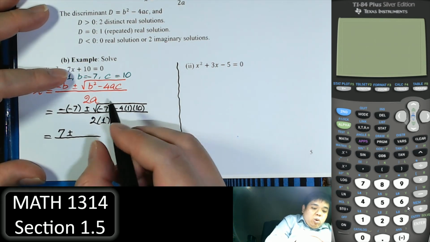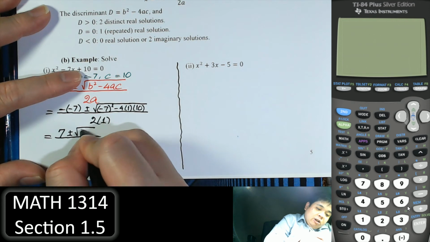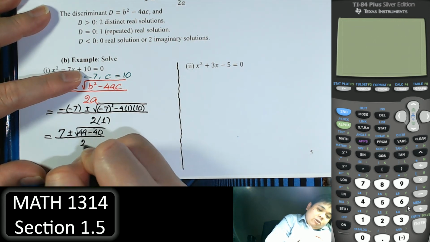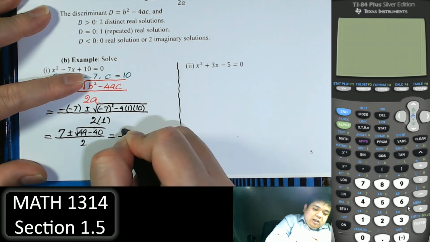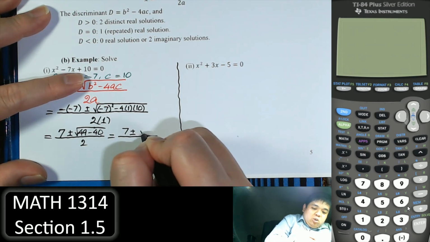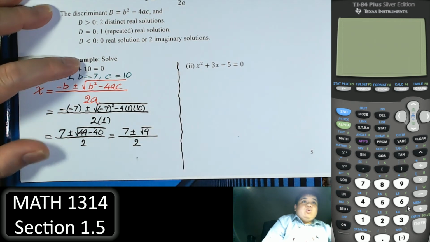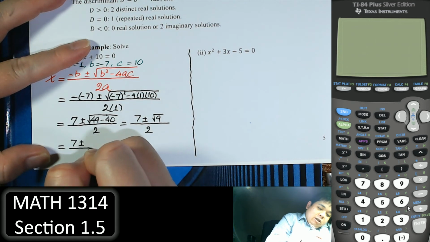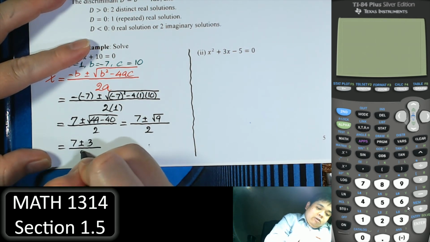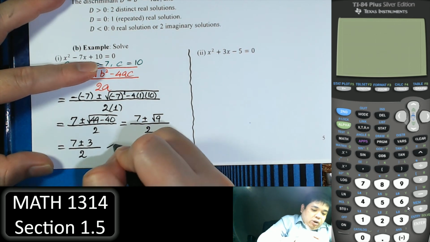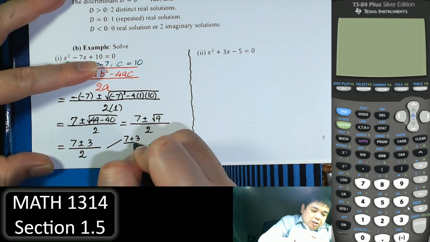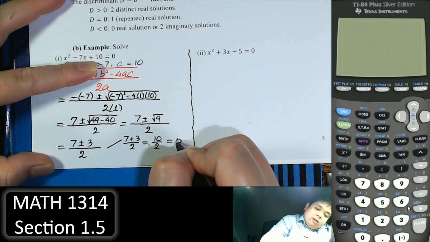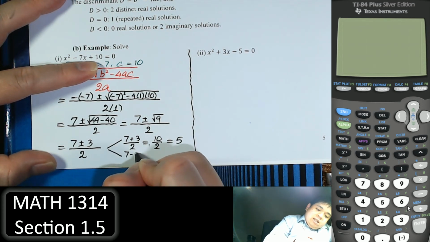negative 7 squared, 7 times 7 is 49, over 2. So pretty much we have 7 plus or minus square root of 9 over 2. Square root of 9 is 3, so we have 7 plus or minus 3 divided by 2. Now we have the plus case, 10 divided by 2, which is 5, and the subtract case,